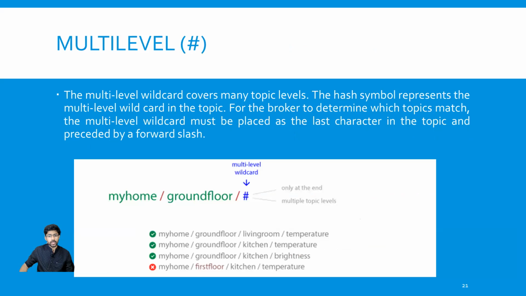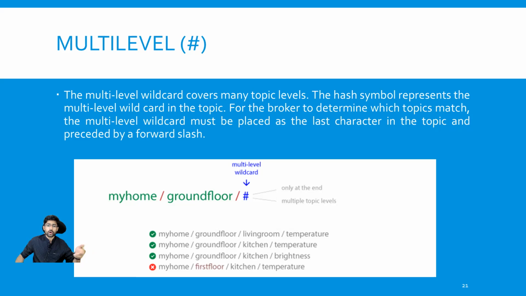Then you have something called multi-label wildcard, and multi-label wildcard is important whenever you want to bypass multiple labels. For example, we have my home, ground floor, living room, and temperature, right? This is my publisher topic. So if anyone is interested and subscribes to my home slash ground floor slash hash, it will receive the data